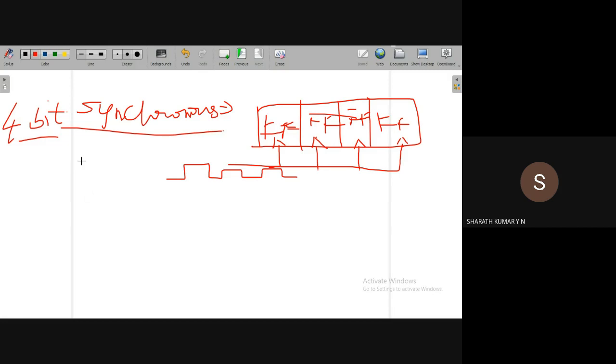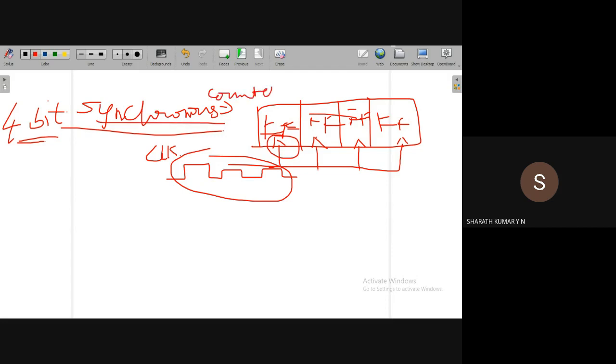Because we know that since it is a counter, there should be a clock. What does a counter count? Clock pulses. It cannot count unknown, non-existing things. So the counter is counting the clock pulse, and without a clock pulse we cannot have a counter. Very simple. So for a counter we have to apply the clock pulse. For example, for a 4-bit counter, if all the 4 flip flops are triggered by the same clock source, then we can call it a synchronous counter.